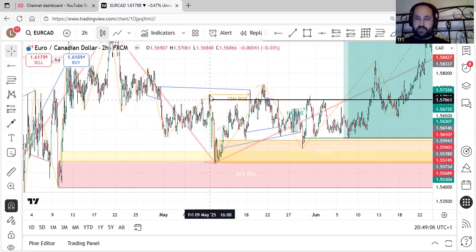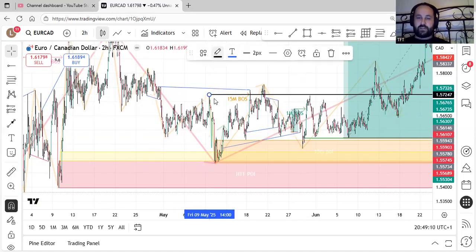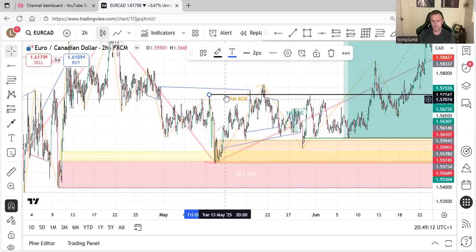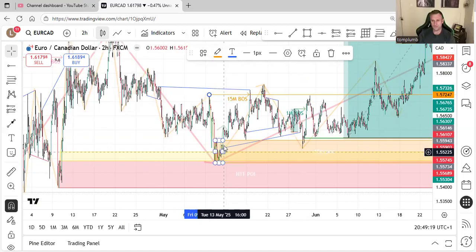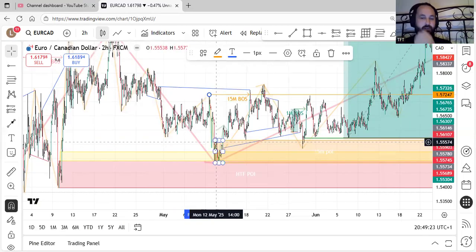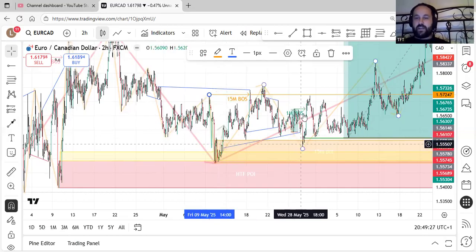Draw an orange line like this. Obviously, I'd spend a couple of minutes figuring out what the actual high was, draw that orange line, and set an alert on that line. Once price crossed that line, so when it pops up here, that would be the signal for me to go, right, that confirms drawing the orange box because we've had a break of structure. I'm expecting price to come back into it and then do a 1 minute.